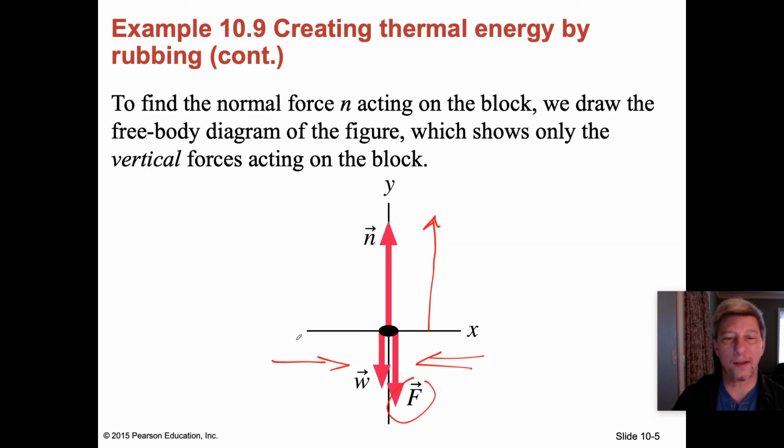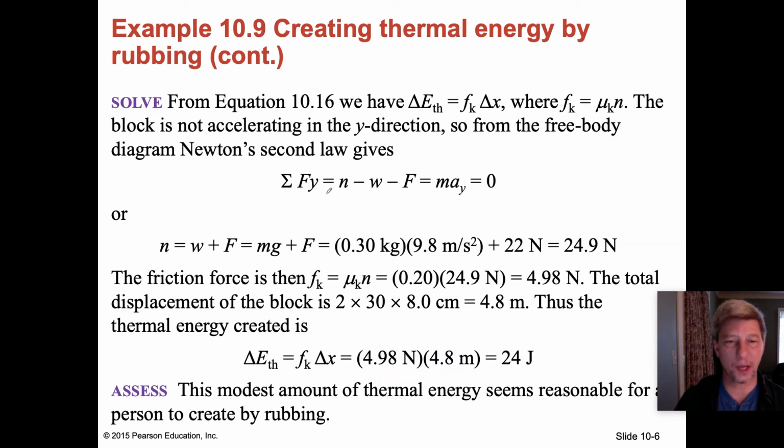But if we look at the sum of all of the forces in the y direction, we know that it's going to be the normal force minus the weight minus the force of friction. And that, of course, according to Newton's second law, is equal to m times a. But because we know that the block is not sinking into the table or bouncing up off of the table, that total force has to be 0. Therefore,